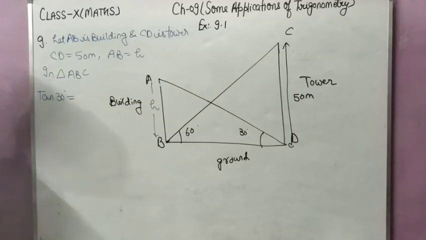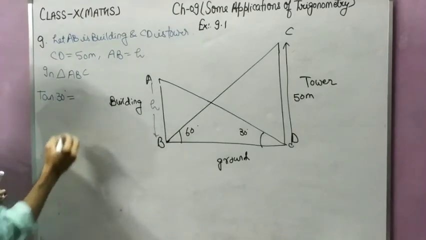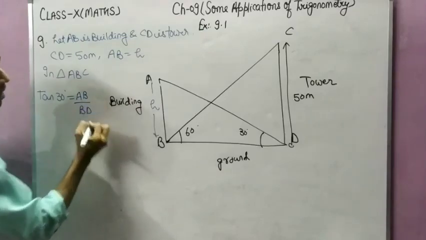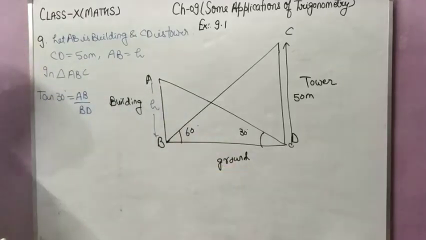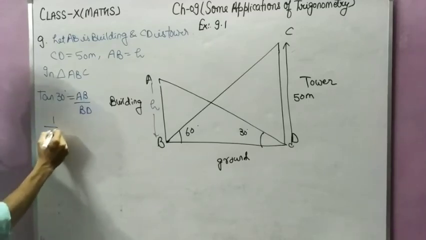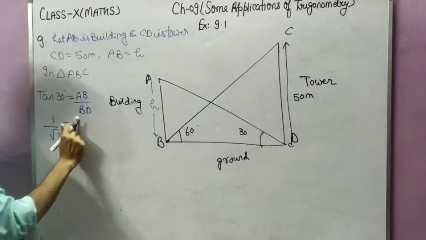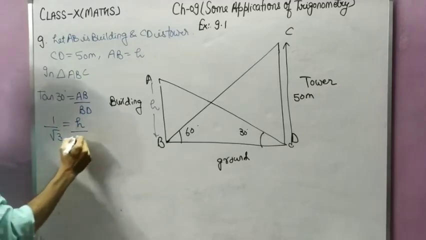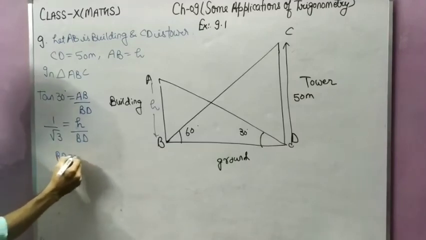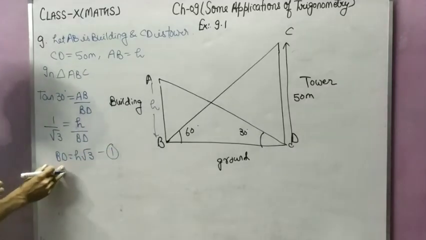So in triangle ABC, ठीक है, if we apply tan 30 degrees, tan 30 can be written as AB upon BD, because for 30 degrees the height will be AB and the base will be BD। Now the value of tan 30 is 1 by root 3, ठीक है। The value of AB is H, and the value of BD we don't know, ठीक है। So from here we can say BD equals H root 3, that is equation number 1, ठीक है, because BD is also unknown and H is also unknown, ठीक है।